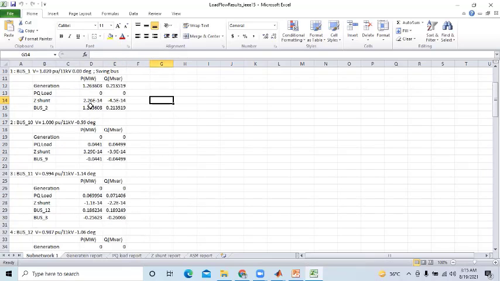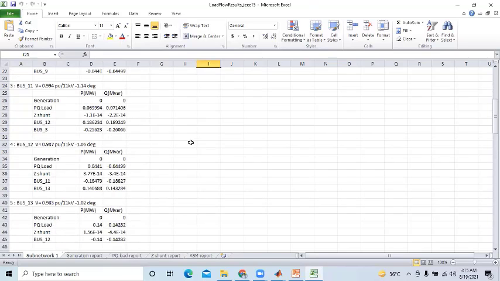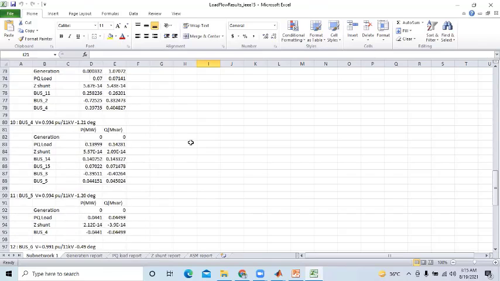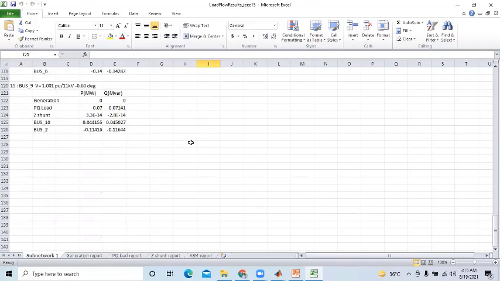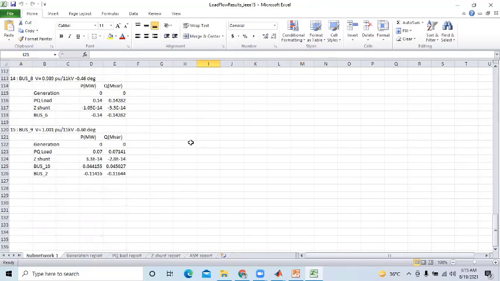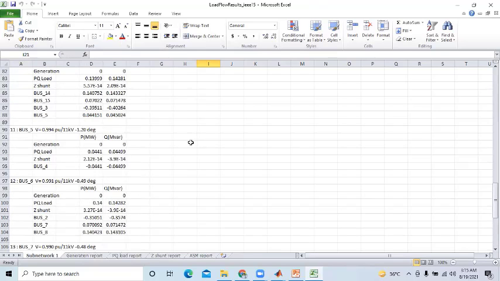So it is supplying this much amount of power to bus number 2. Now bus number 10 is not generating any power, but the load connected at this bus has this voltage. The voltage at bus number 10 is 1.0 per unit at 11 kV base with an angle delta equal to minus 0.59. Similarly, we can generate the report for all the various buses with their total load demand and generation.